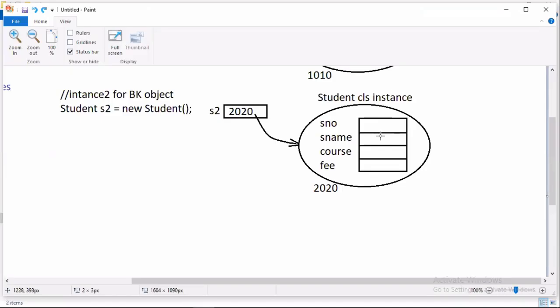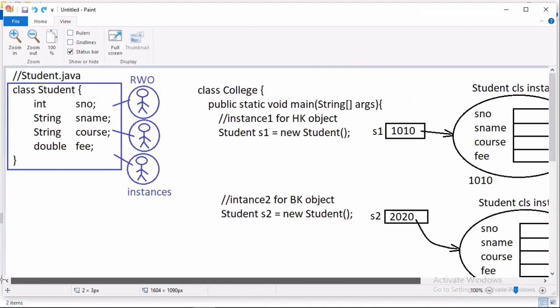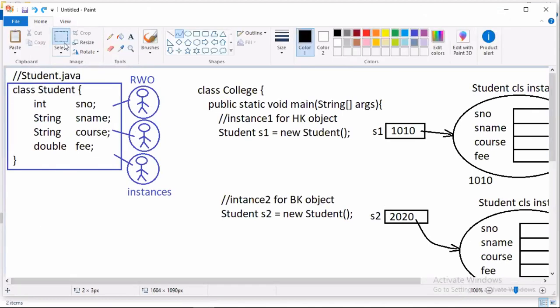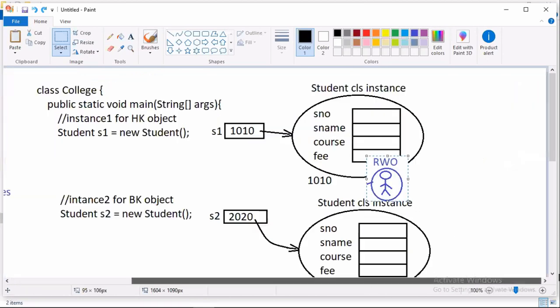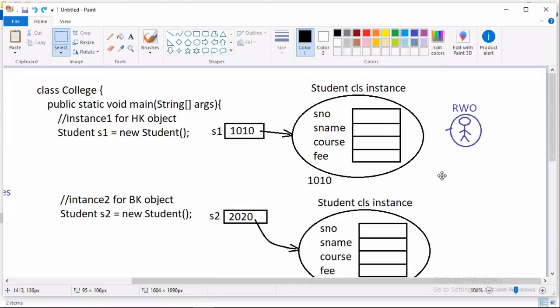Tell me why I created this instance: for representing the real world object HK. Then what to do? I have to store these HK values in this instance, right?